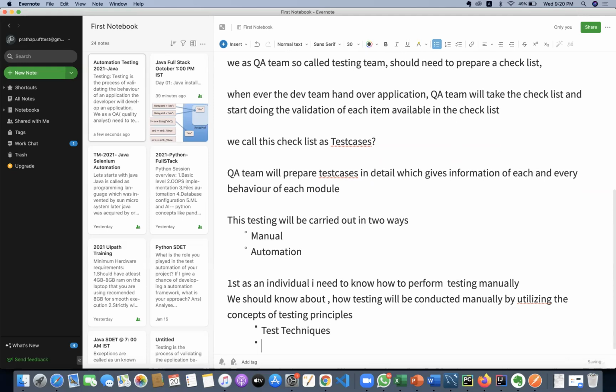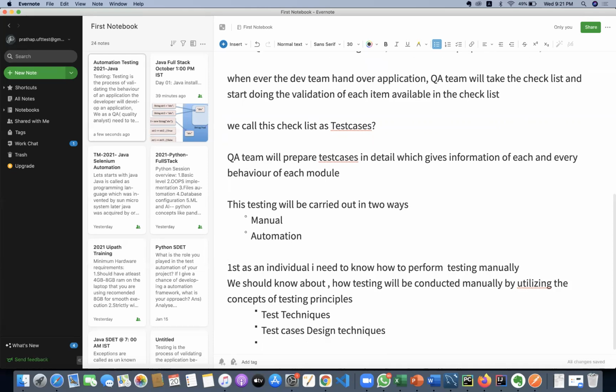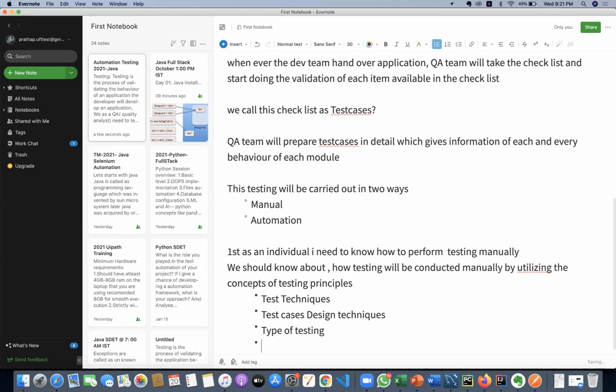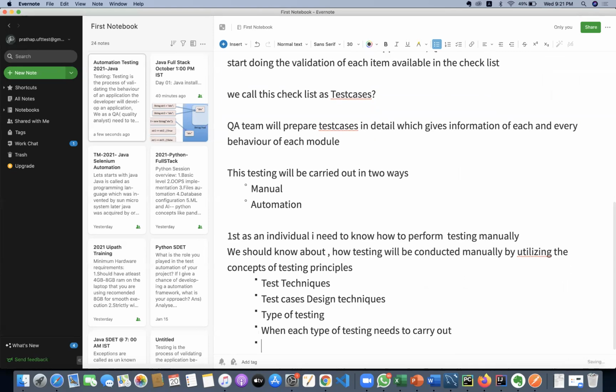We have to know about your testing techniques. We have to know about your test case design techniques, and then we have to know about types of testing. We have to know about when each type of testing needs to be carried out. When I want to perform each type of testing, okay, and then we have to know about